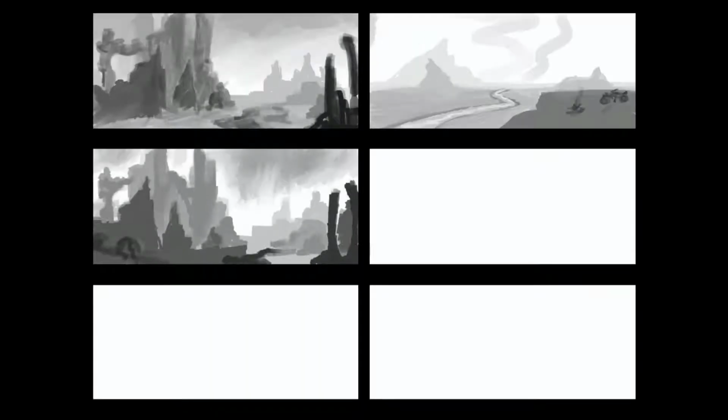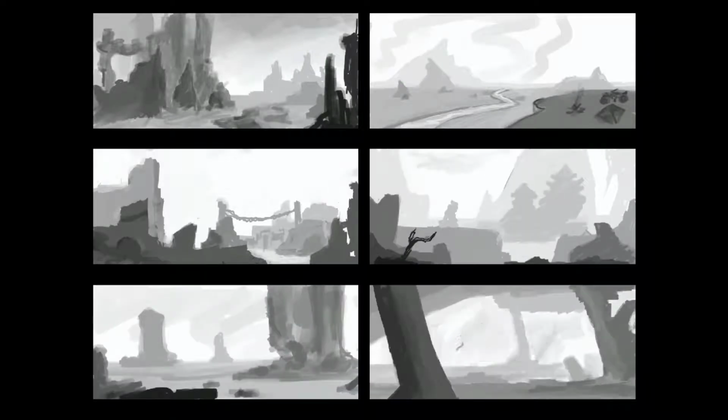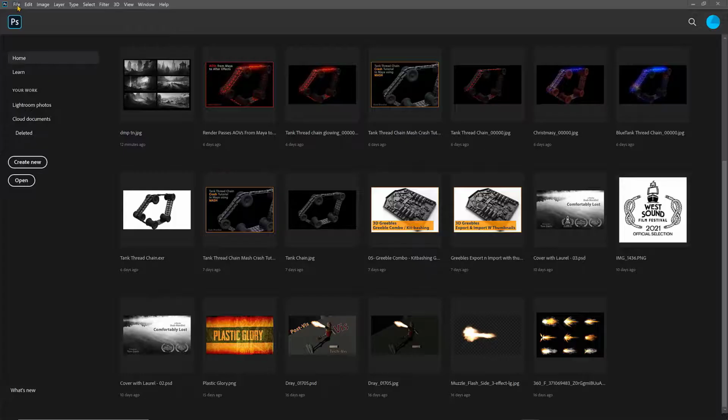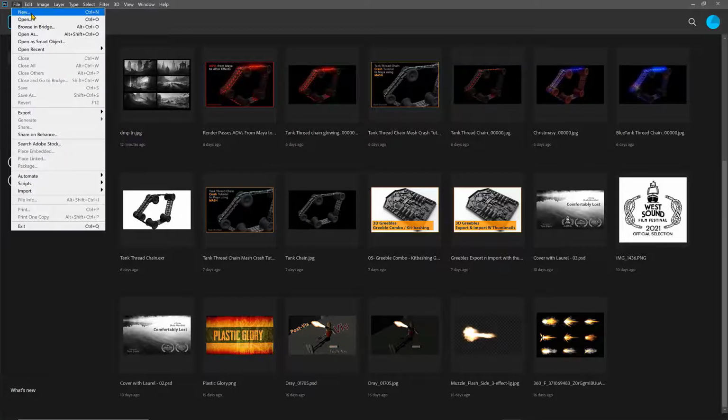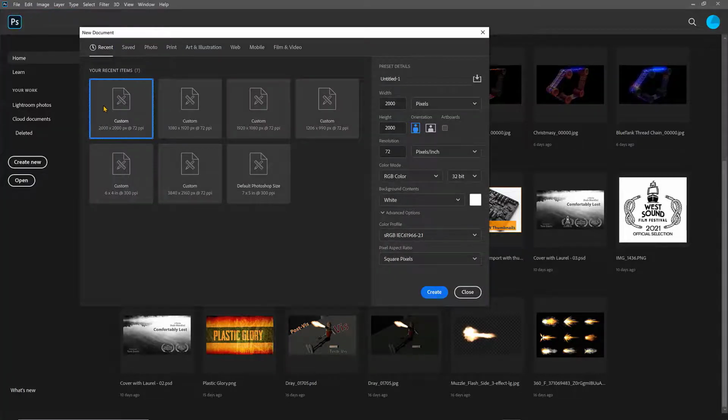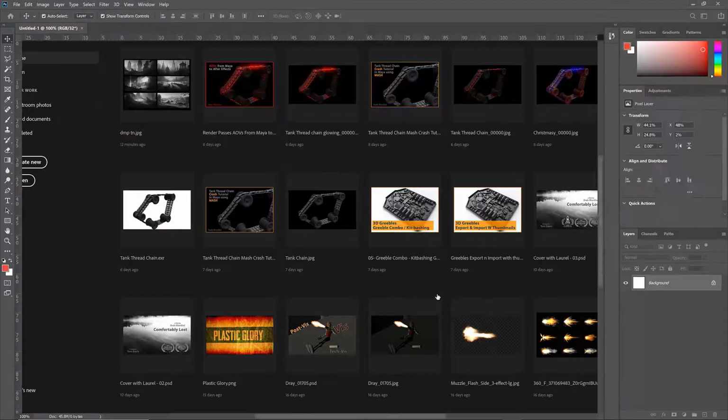The tools that I'm going to be providing are the most critical part, because once you understand how those tools can be used together, then it would be really easy for you in the future to make any template based on whatever client requests. So I'm going to start by creating a file of 2K by 2K, and then the